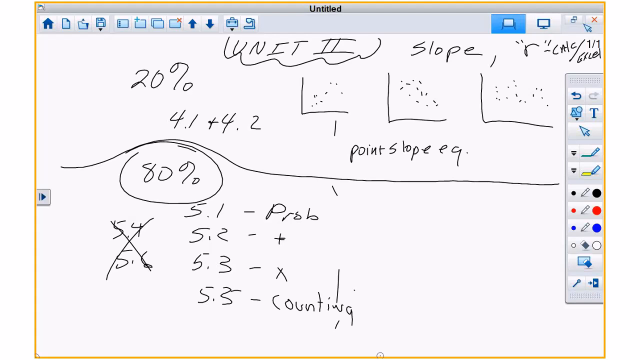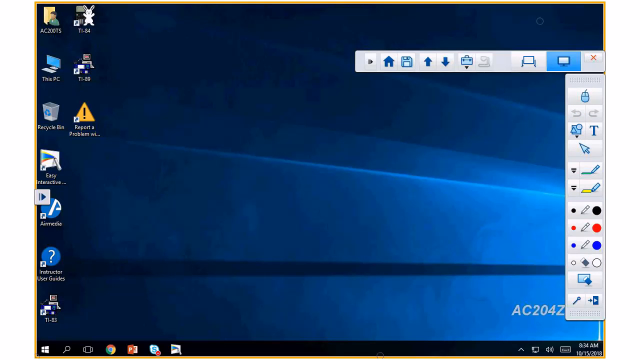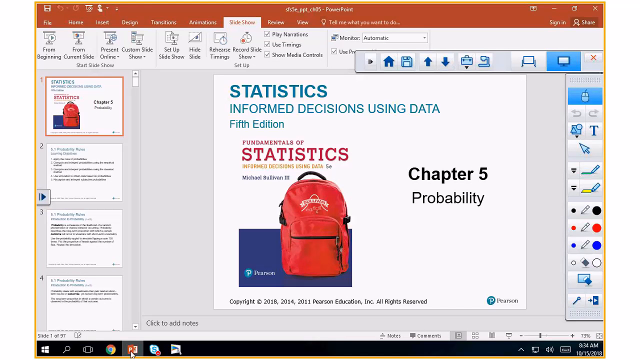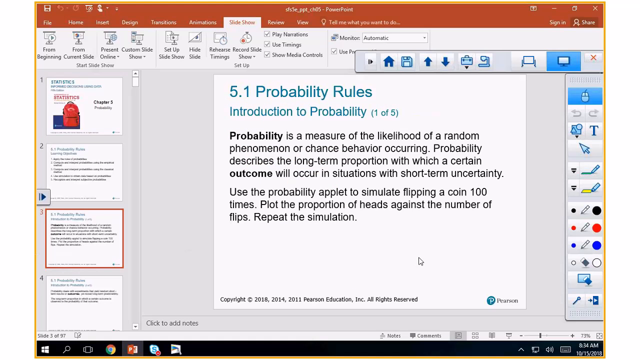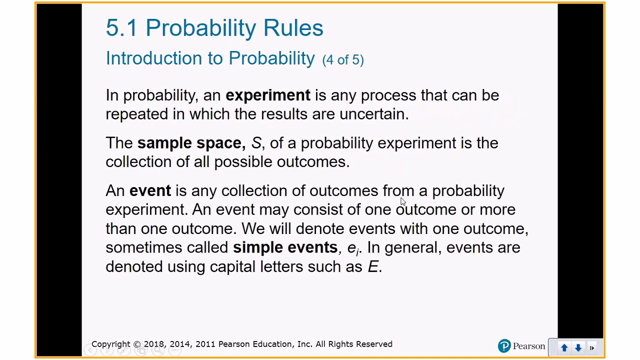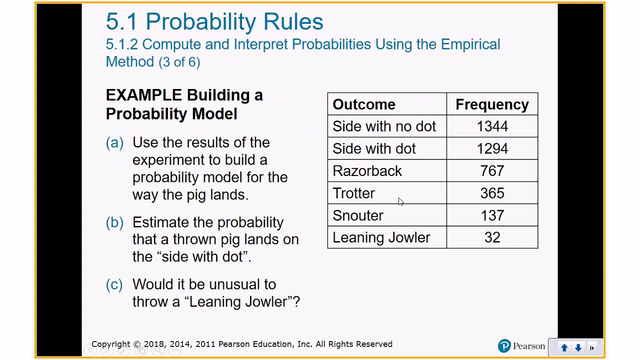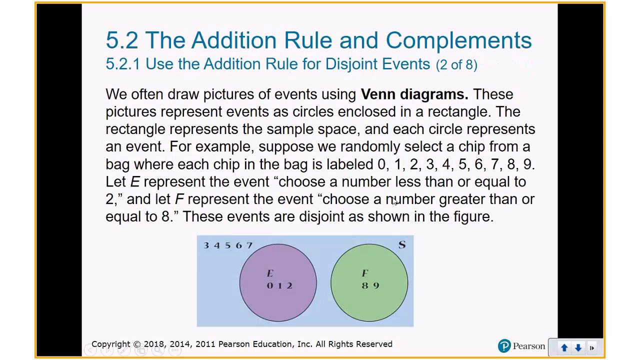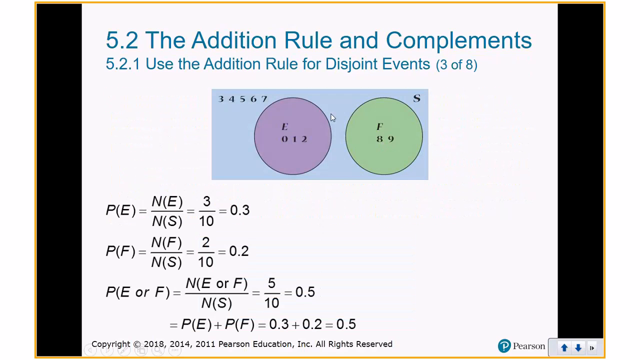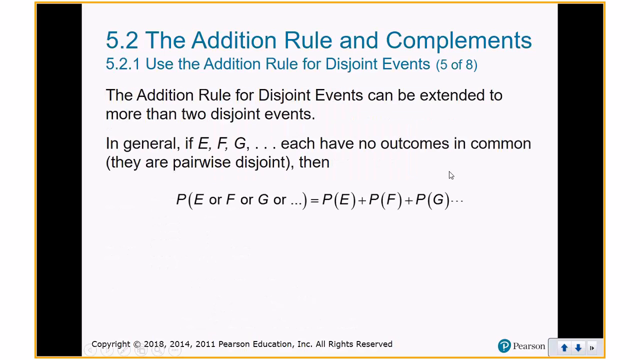Now, let's look at handy dandy slides and see if I've covered everything in 5 point whatever. Okay, because 5.1, we went over probability outcomes. Let's go to 5.2, the addition rule. We don't go over Venn diagrams because I'd rather you cover a table than a Venn diagram. Okay, so